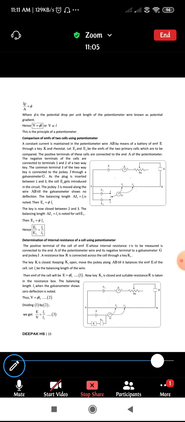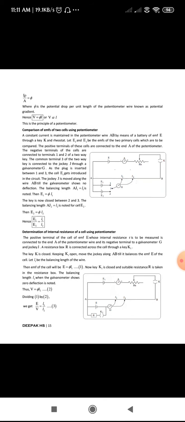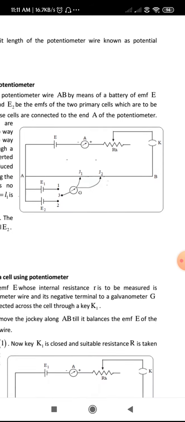Okay, fine. We'll move to the next, that is comparison of EMF of two cells using potentiometer. The aim of this is, by making use of a potentiometer, we are going to compare the EMF of two cells. So see here, I'll just go through the circuit once. From terminal A,